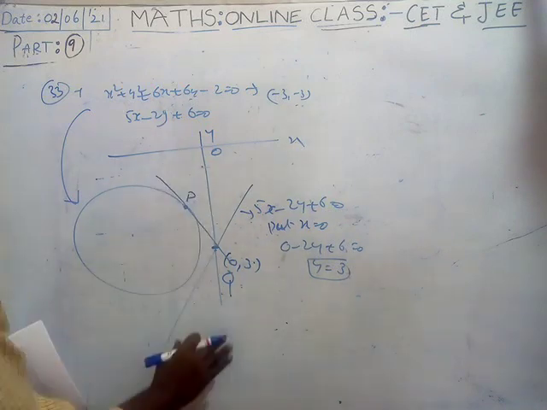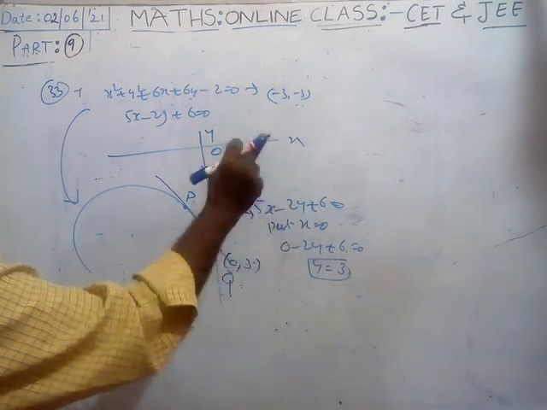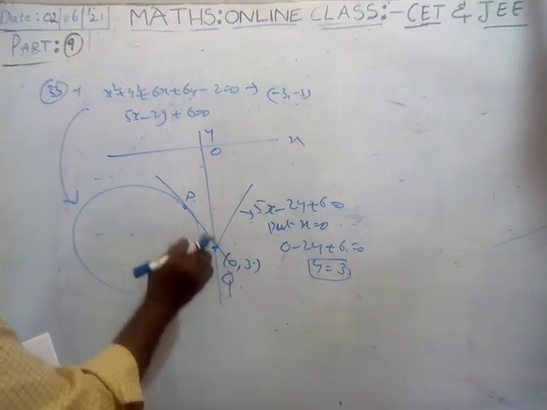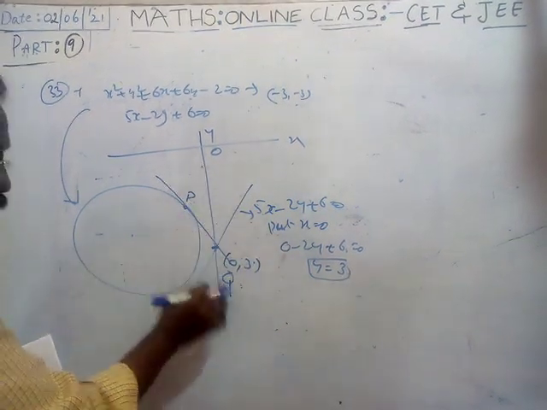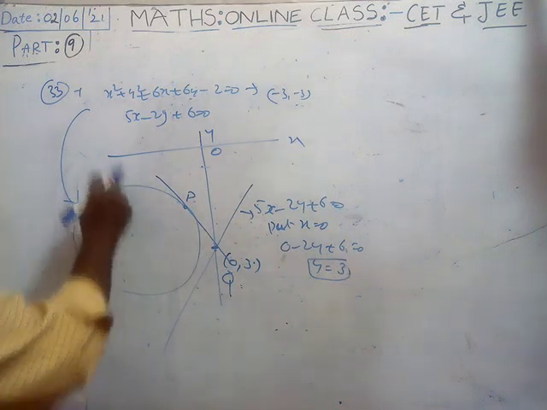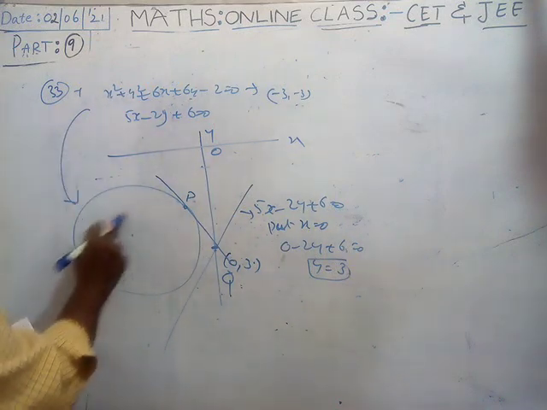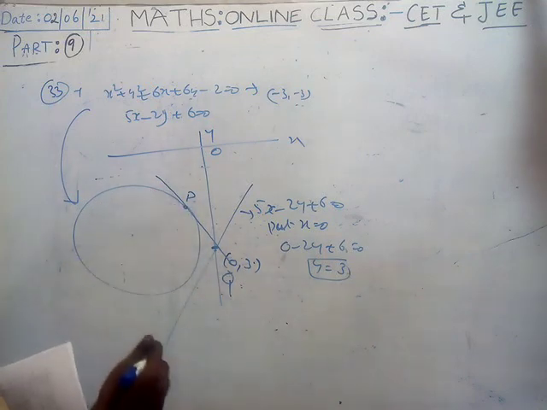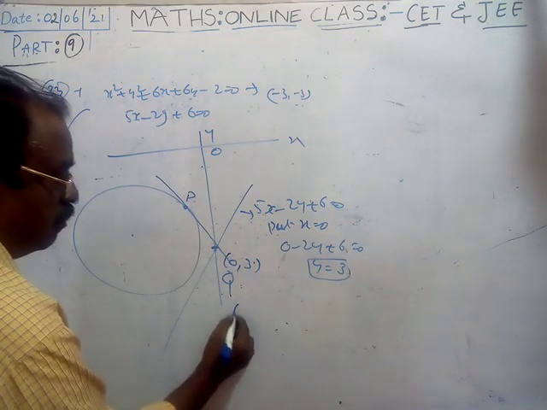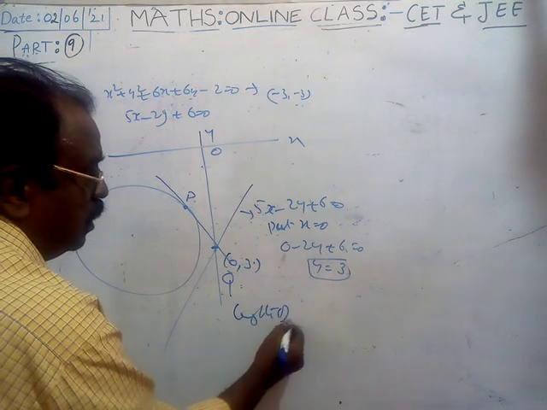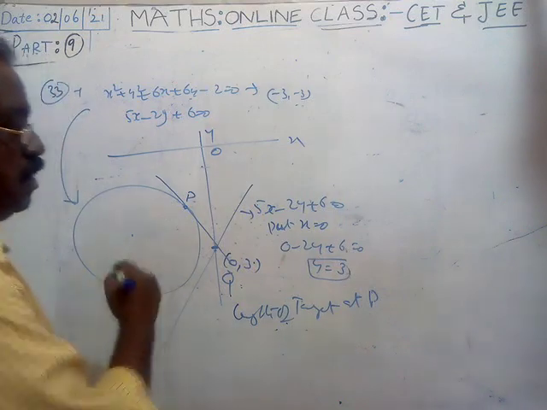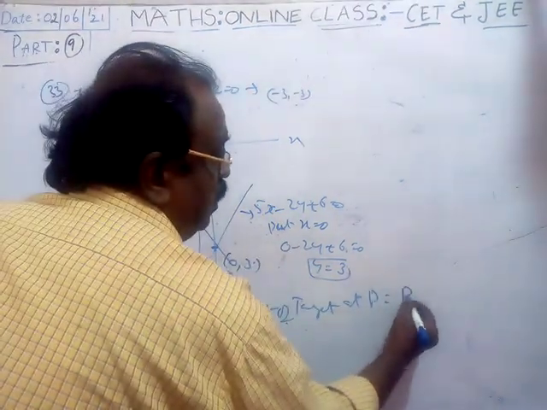Okay, it is the y-axis. This is a line. The y-axis means putting x equal to 0; (0, 3) is a point on the y-axis, that will be Q. And this is the circle. On that circle, a point P is there. We are asked the length of the tangent at P. That means the length of the tangent is nothing but PQ.